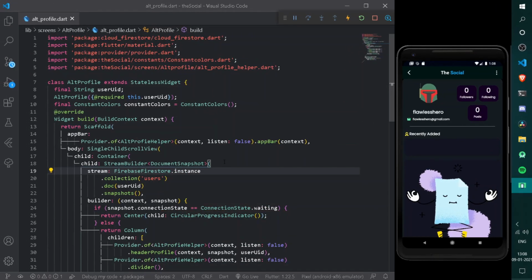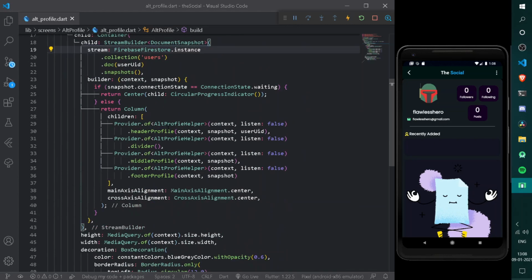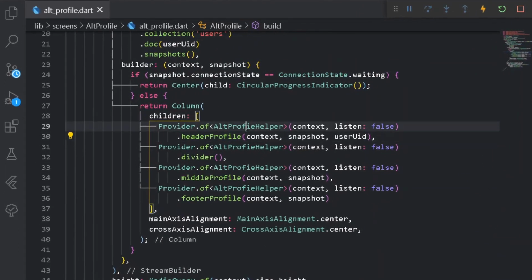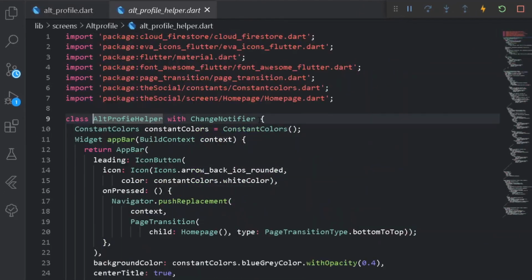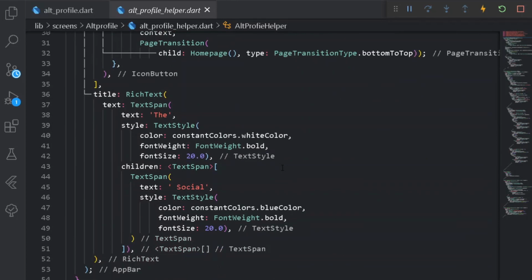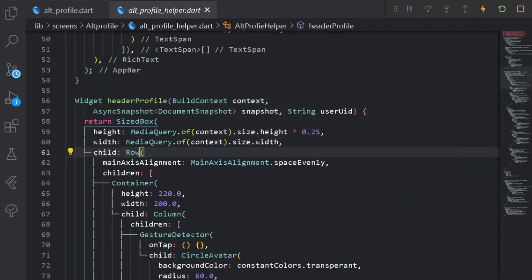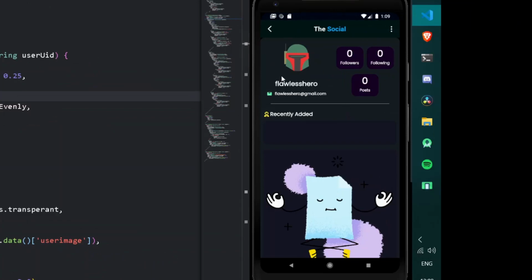So with that said, let's start off today's tutorial with creating two different buttons. For that purpose we can go under the alternate profile helpers. Let's go to the following definition, and here under our alternate profile we can go under our header, and under our header profile you may observe we have this particular portion which contains a row, and the row contains two different columns. First, one for the following user data, and one more for the following and follower user data, that is posts and everything.